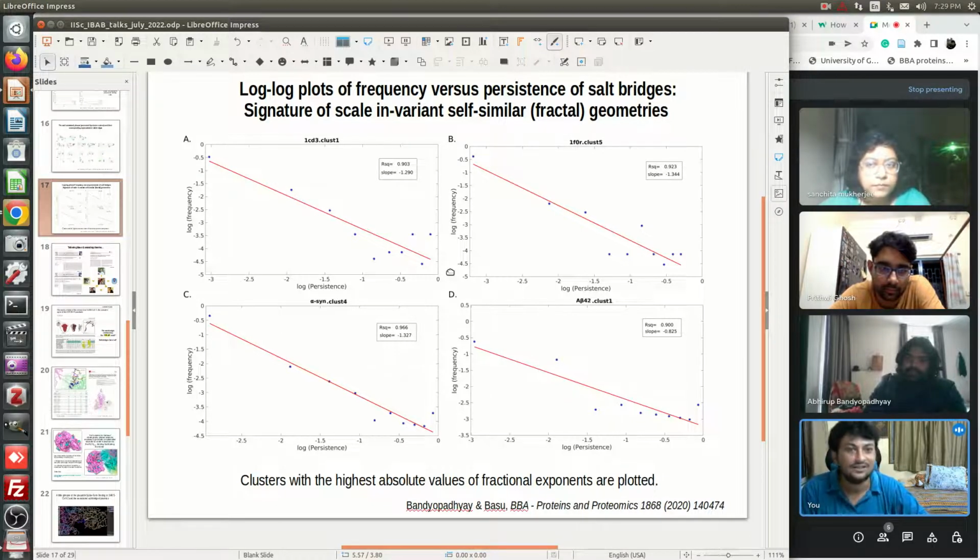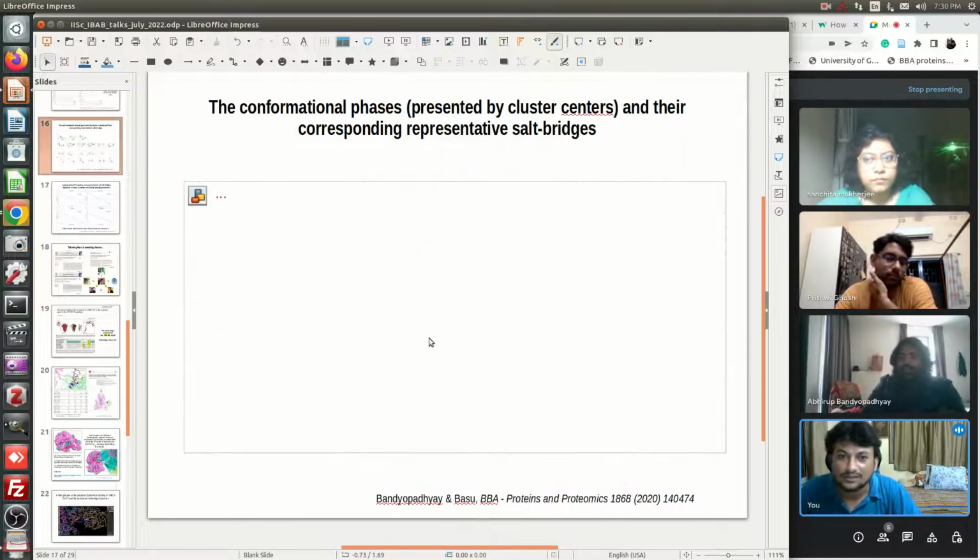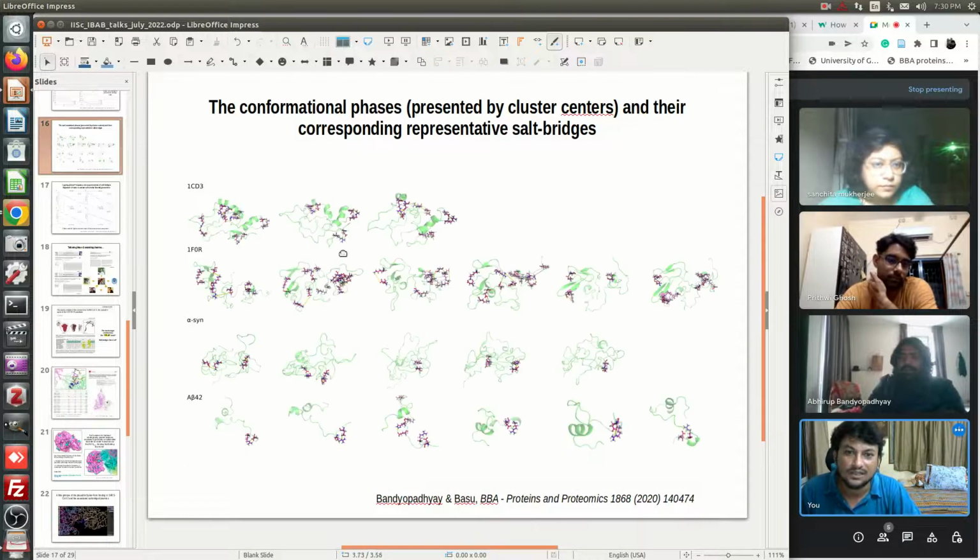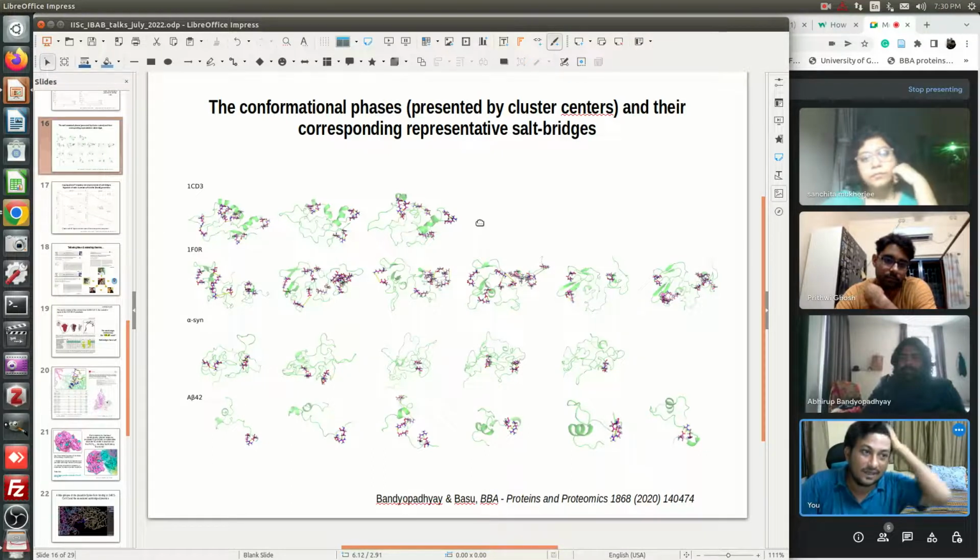এখন scale freeness এর সঙ্গে exactly এই self similar fractal geometries এর যে সম্বন্ধ, সেইটা আমিও যে খুব ভালো বুঝে গেছি তা না। যেটা আমি আমার মতো করে বুঝেছি সেটা হচ্ছে যে এই কনফার্মেশনসগুলোর মধ্যে একটা সেলফ সিমিলারিটি আছে, মানে এরা আলাদা কিন্তু আবার একই রকম। স্ট্রিক্টলি স্পিকিং এরা আলাদা, হয়তো এখানে দুটো হেলিক্স কাছাকাছি এসেছে, এখানে দুটো হেলিক্স দূরে দূরে গেছে, কিন্তু